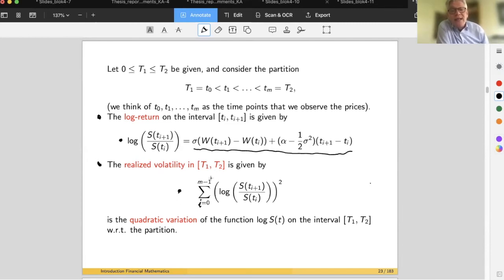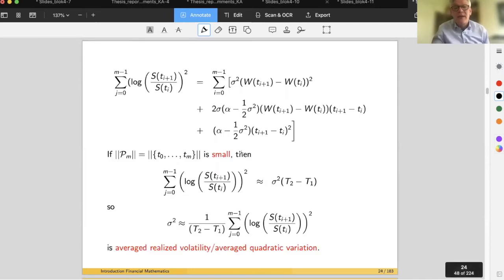So let's write it out. We have to square this term. So this term squared will be sigma squared times this increment squared. It will be plus 2 times the cross term plus this second term squared. So we do that on the next page. The sum i runs from 0 to m minus 1 of log